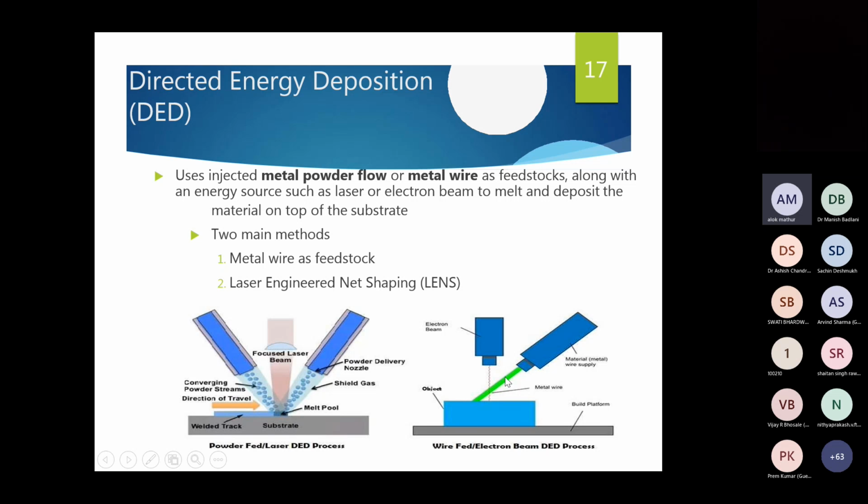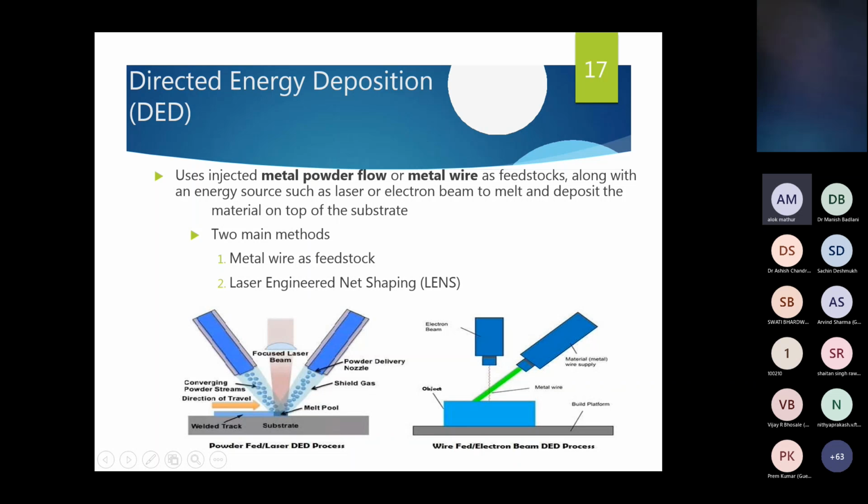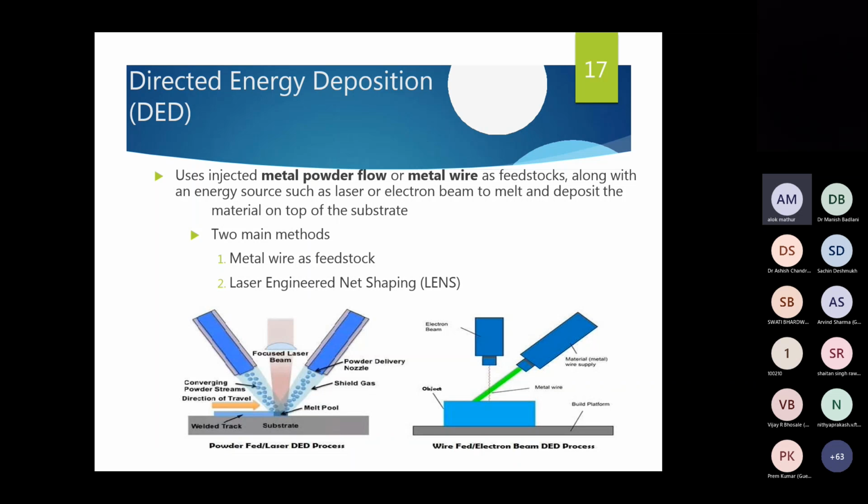You can see the metal is in wire shape in this, and here it is in powder shape as feedstock, along with an energy source, maybe laser or electron beam, to melt and deposit the material on top of the substrate. So these are the two sub-methods: metal wire as feedstock, and laser engineered net shaping, this is LENS.